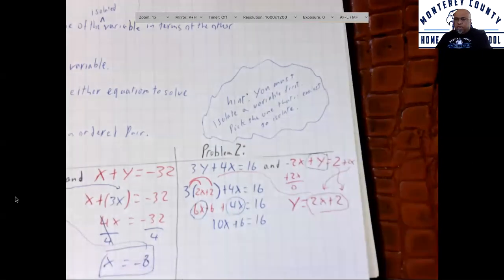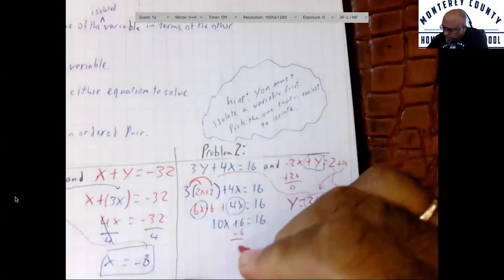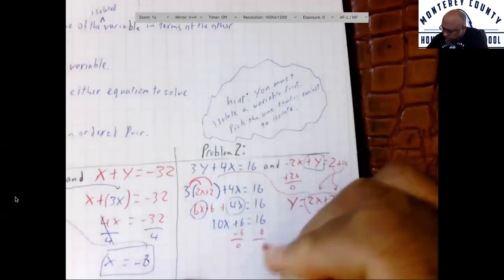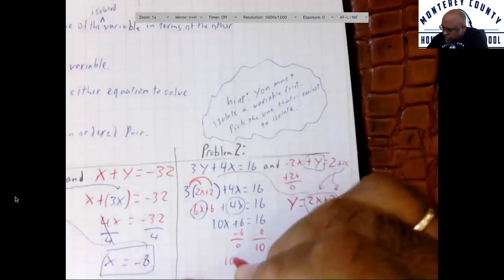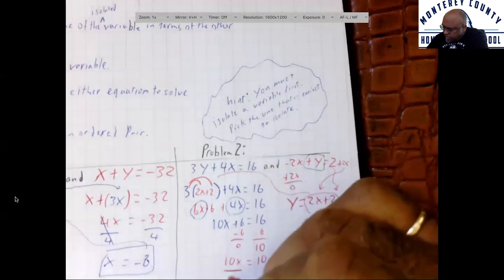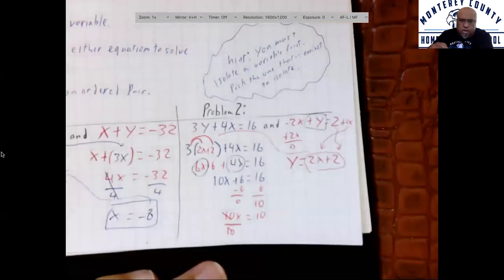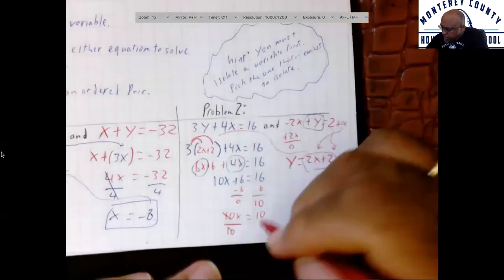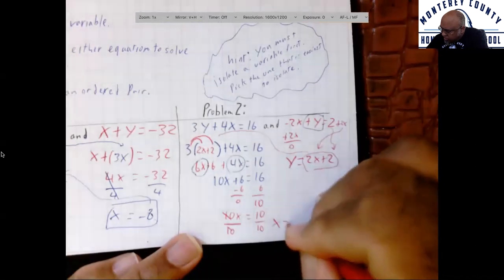And who remembers what's next? Yes, Evelyn, you're right. I subtract 6 from both sides. And I end up with 10x equals 10. Then I divide both sides by 10. I think I'm almost to the bottom here. Let me just move this up. Okay, divide both sides by 10. And I end up with x equals 1